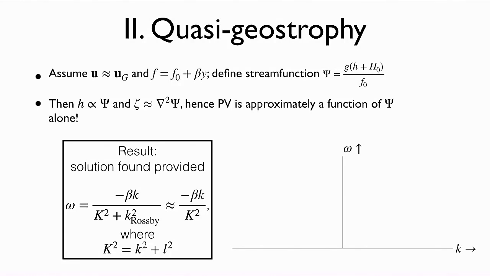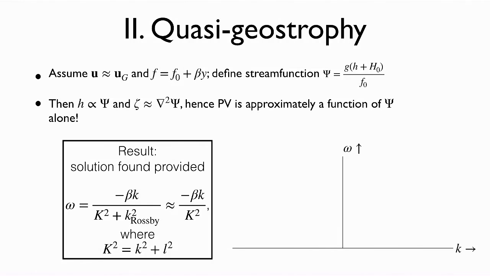But what I'll point out is that the reason this is so powerful is that you can define the stream function that I mentioned before in this geostrophic way, a geostrophic stream function. And it then turns out that all three of the variables that we're trying to solve for have a pretty direct relationship to the stream function, okay? The h is just proportional to the stream function because, remember, since our velocities are always perpendicular to the pressure gradients,